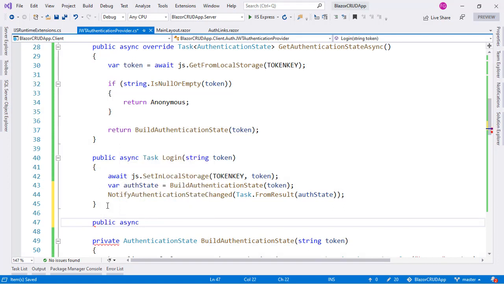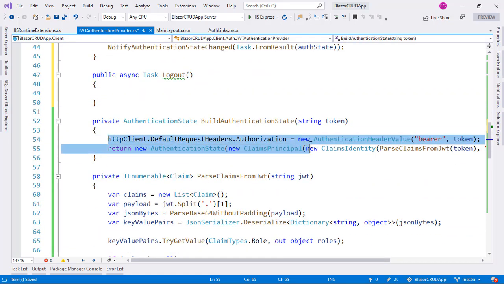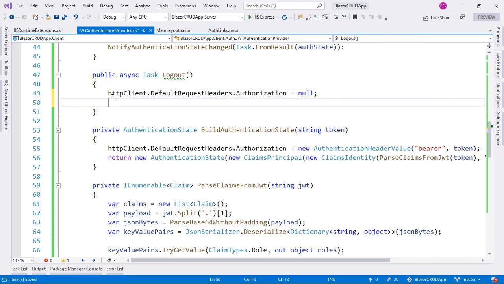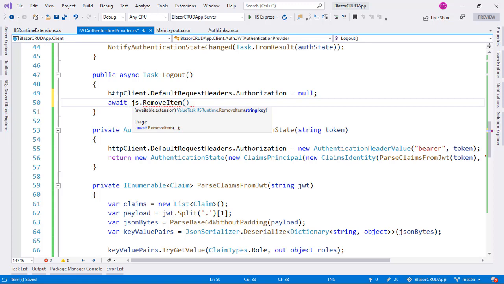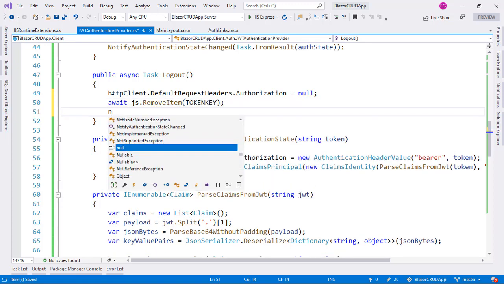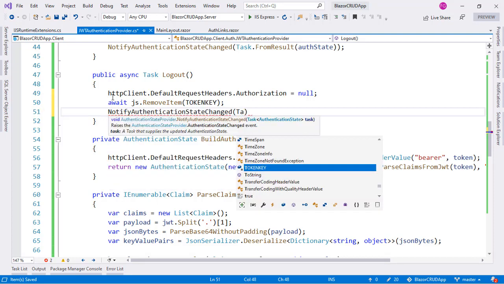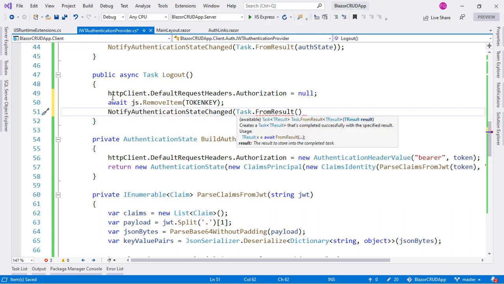Let's say public async task logout, and for this one let's go back here and let's copy this. We need to remove the header that has the token. We need to say await JS remove item. We're going to remove the token from LocalStorage, and again we are going to notify authentication state change task from result, and we're going to say that the new authentication state of the user is that he is an anonymous